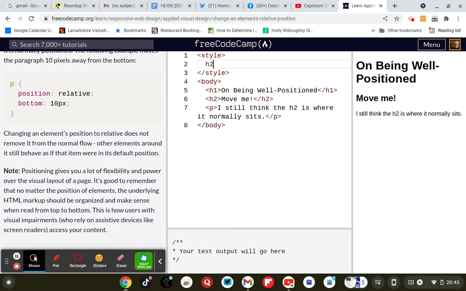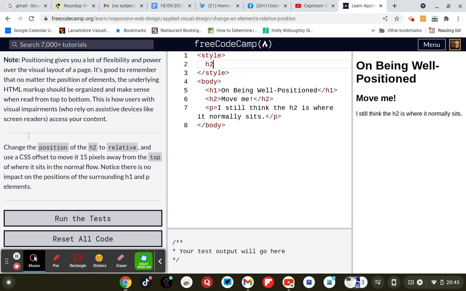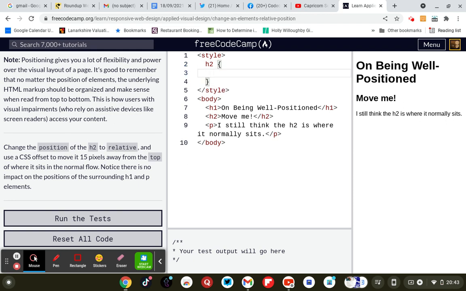So here we are going to do H2. I'm going to put position relative, bottom or top. So change the position of H2 to relative. So H2, parentheses, get a gap, enter, position, colon, relative, semicolon,